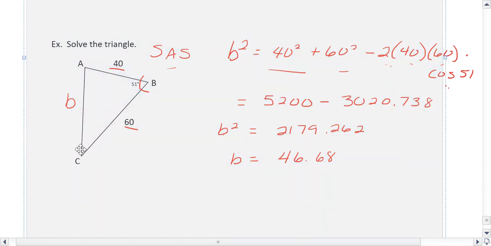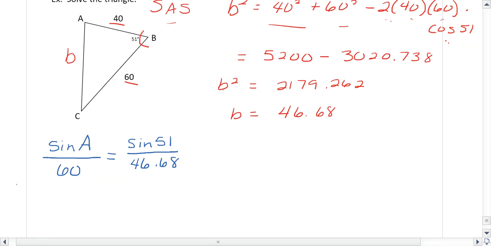I think it's easier to just go ahead and switch over to the law of sines. So using the law of sines and setting it up here, we would have the sine of angle A over 60 equals the sine of 51 over little b, which is 46.68. And if we cross multiply, sine 51 times 60 divided by 46.68, we would get that the sine of A equals